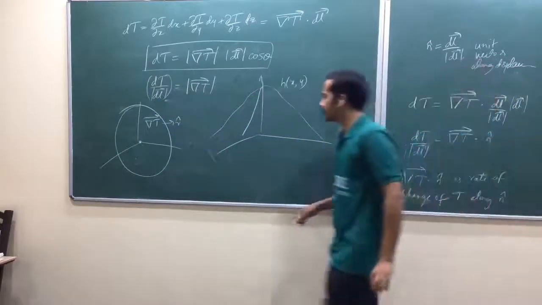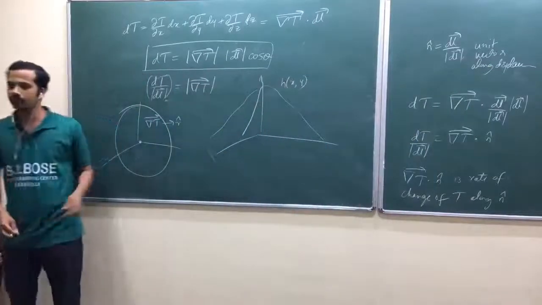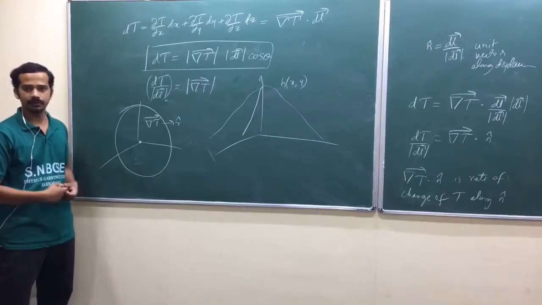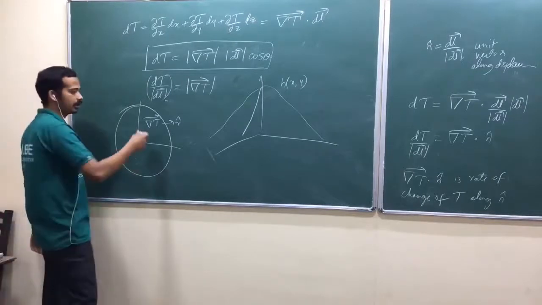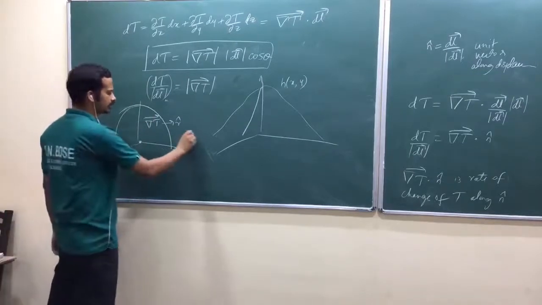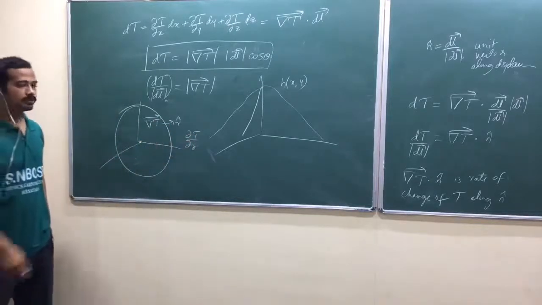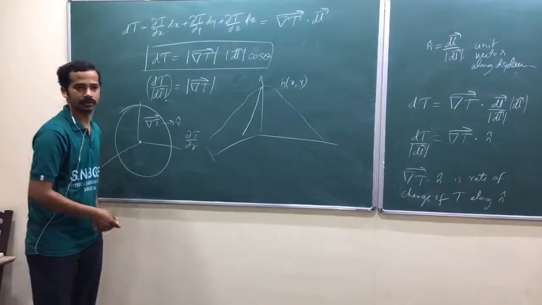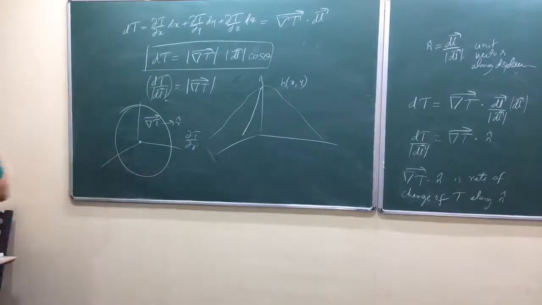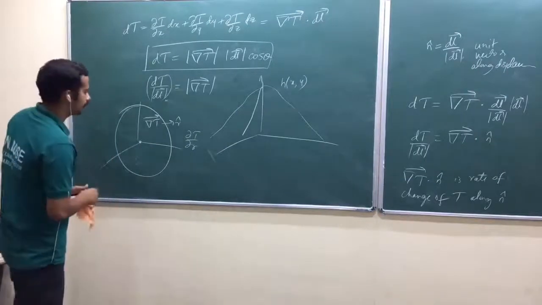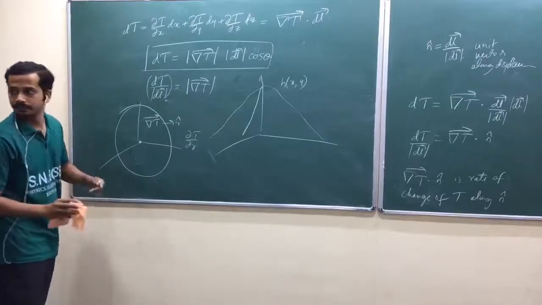Am I right? So the next idea is, what is the magnitude of that one? It is the rate of change along that direction. Is that okay? That is nothing but, I think, dou T by dou r. Let me discuss all of this after I introduce the polar coordinates. Is that okay? Any question? Speak up.